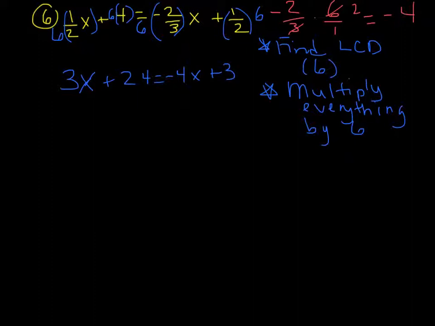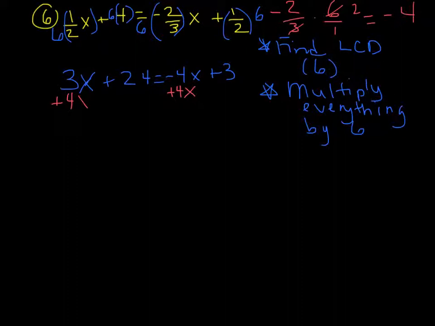Suddenly, I have a nice problem that has no fractions in it. Now you can solve it just like you were solving the previous problems. I'm going to put my numbers on one side and put my variables on the other. My 4x has a negative, and so when you have a negative, it's always a good idea to get rid